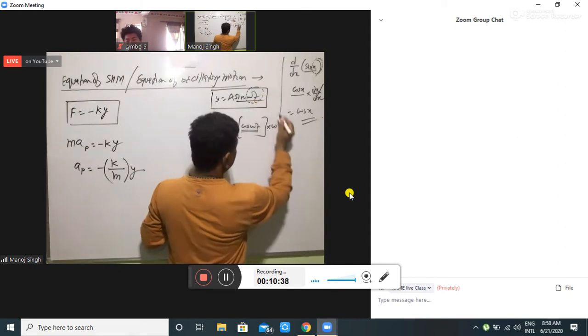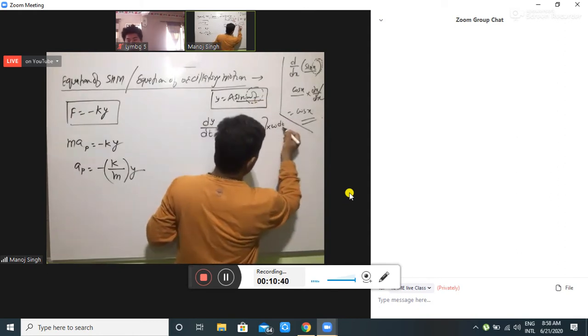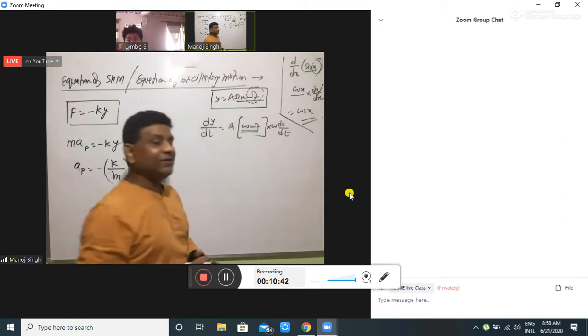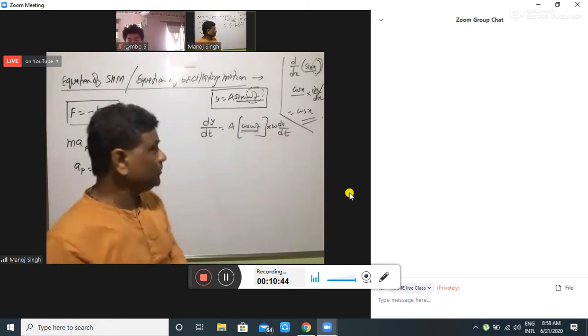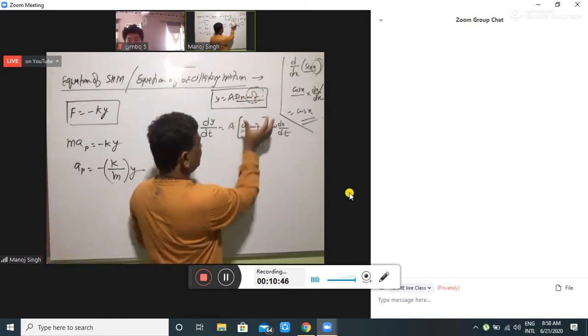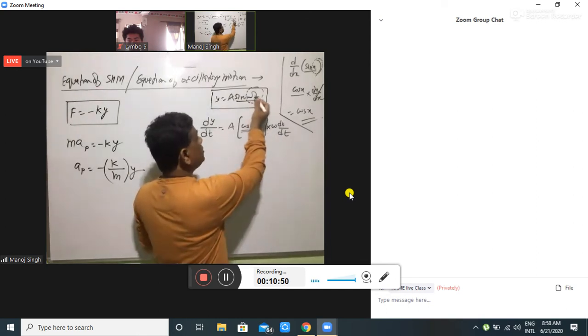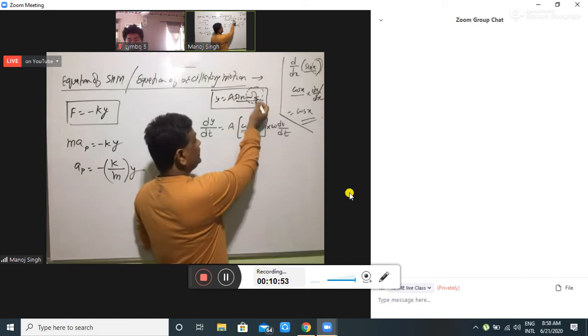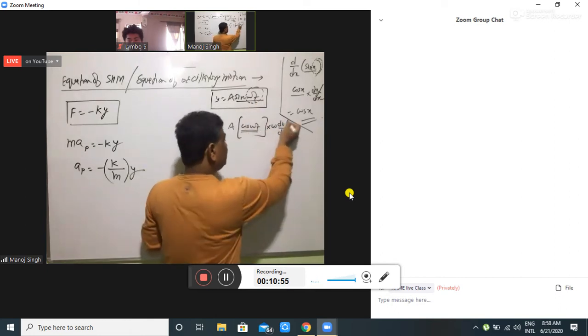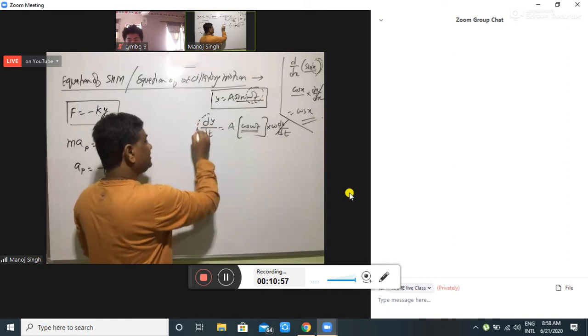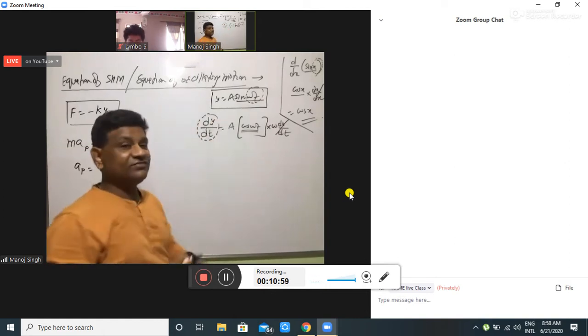Then the differentiation of t with respect to t will be dt by dt. So, the differentiation of sine of omega t is cos of omega t, with the remaining differentiation of omega t. Omega is a constant term. Then the differentiation of t with respect to t will be cancelled. Yes, it will give the value of the velocity of the particle.